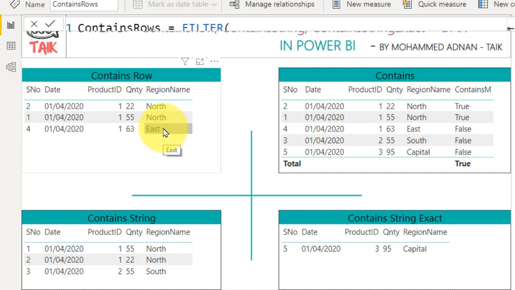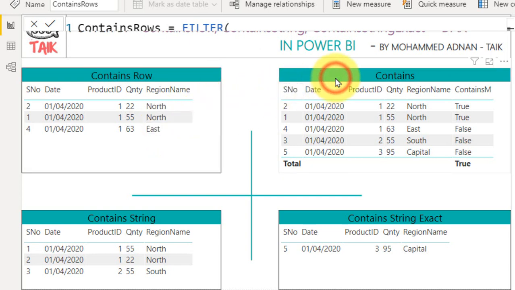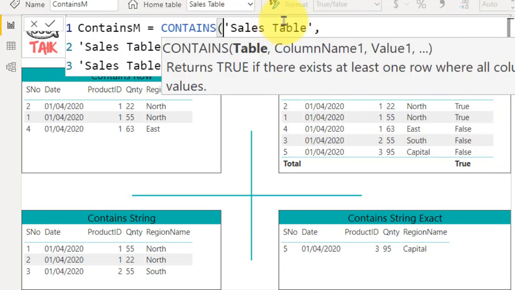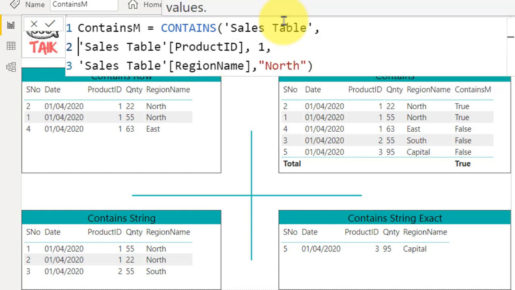And the next is CONTAINS. CONTAINS is actually a measure. It does not return a table, but just returns a measure column with true or false. If you look at this DAX syntax here, it is asking for the table name, then column name, and value. So what I'm taking here is the Sales table, and then in the Sales table, Product ID, I'm looking for 1 as well as the Region name North.